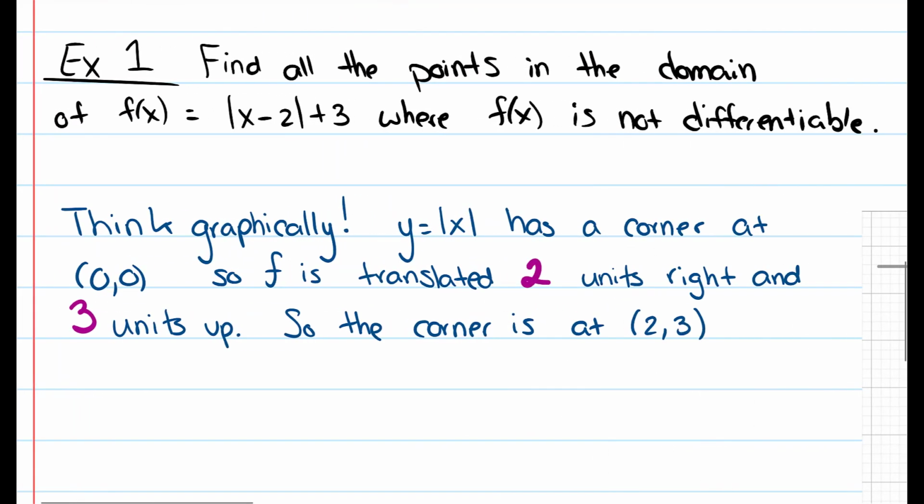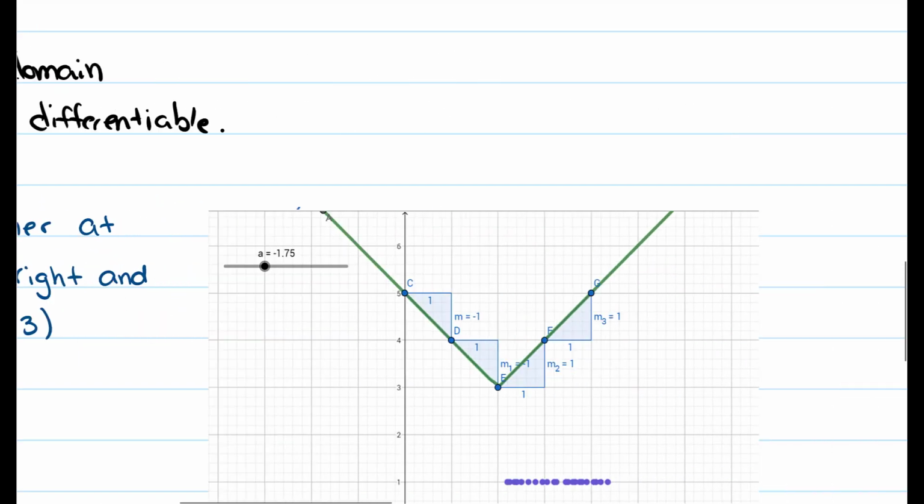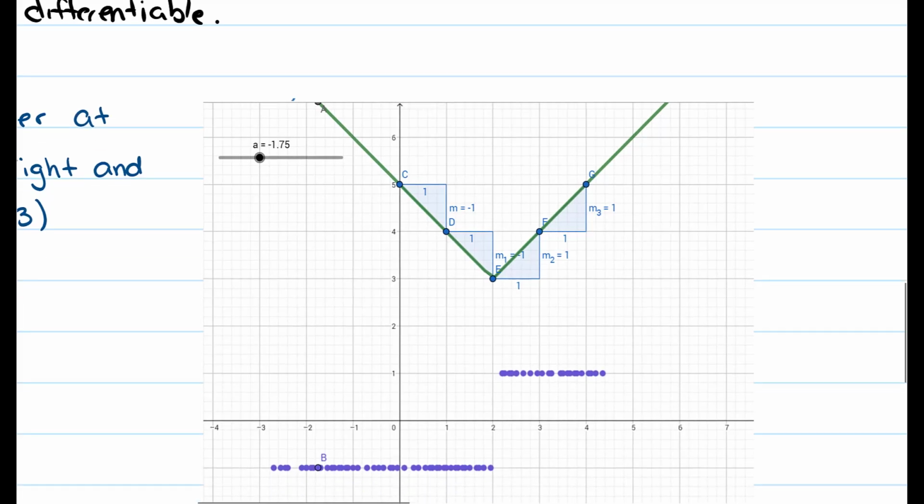So in this problem, it really helps to think graphically. So we know that y equals the absolute value of x has a corner at 0, 0. So f is translated 2 units to the right and 3 units up. So this puts our corner at 2, 3. So if we look back at the graph, over here we have that m is equal to negative 1. So that matches